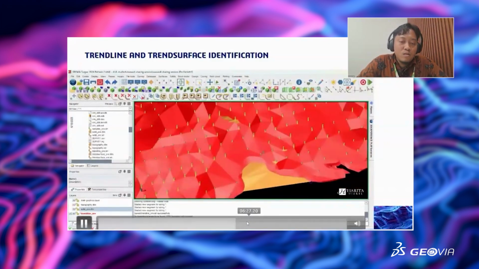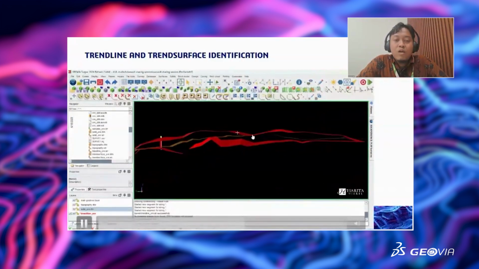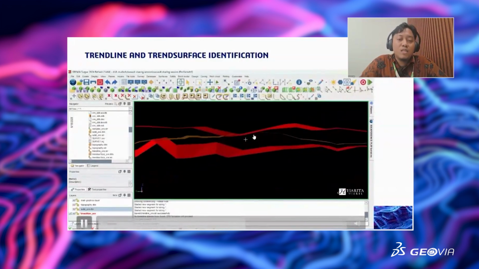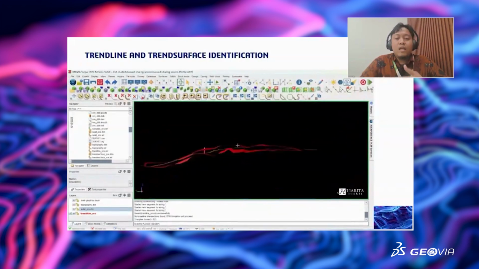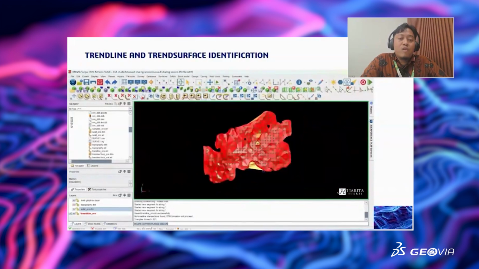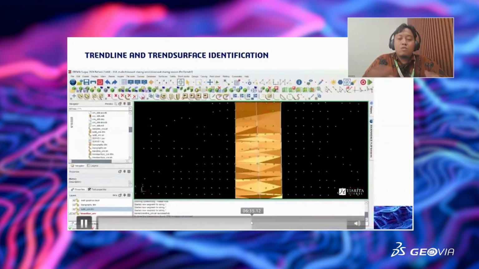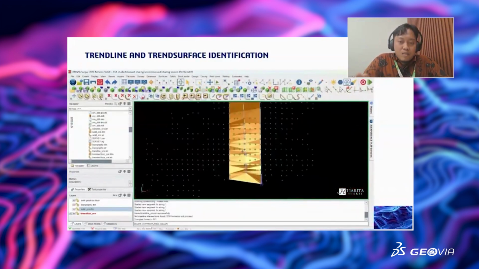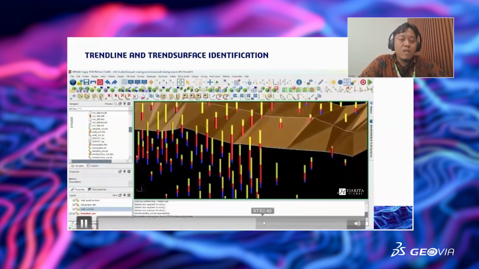At the end, the trend surface will represent the middle of the solid, but this is not very good because I created the trend lines from 50 by 50, whereas the drill holes are 25 by 25. But this is just one example of how we can make the trend surface by digitizing manually.